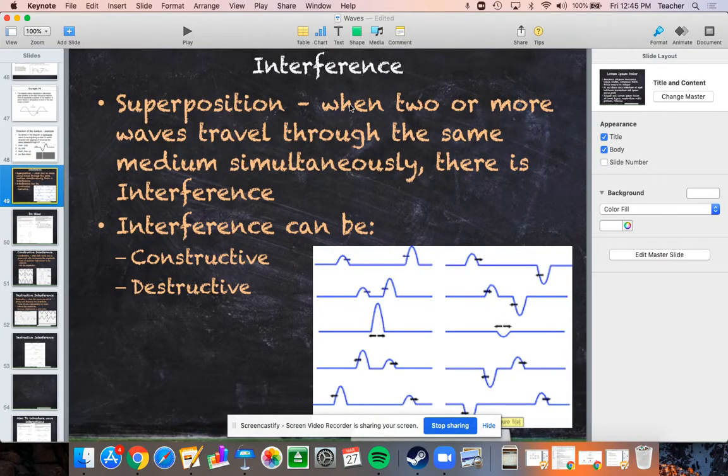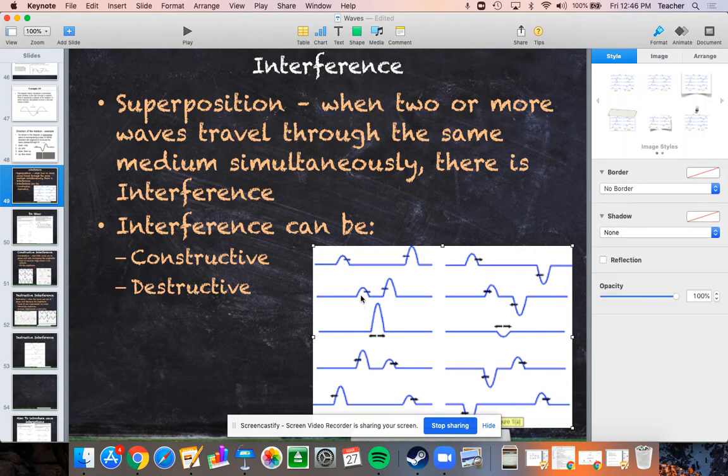Superposition is a form of interference where two waves go through the same point and they interact with each other. In constructive interference, we have the two waves both on the same side of the line, and they build each other. You add their amplitudes when they come together, and then they continue to go on their merry way. If we look at the lifestyle of this one wave right here, this wave moves to the right, builds with the other wave briefly, has a bigger amplitude, and then goes along on its merry way. No problem at all. This is constructive interference, where they build up, and the total amplitude is the added amplitude